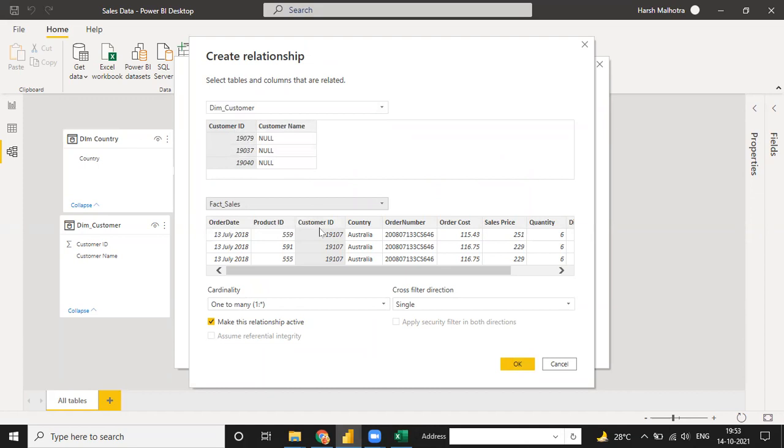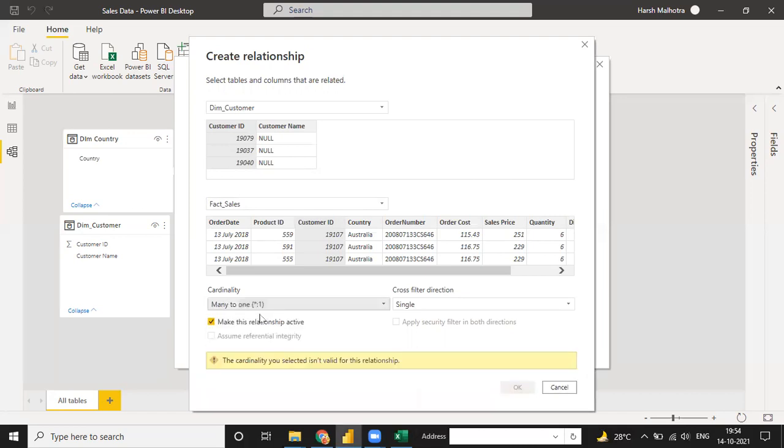Customer ID to customer ID means in this customer ID we have a unique value, one each, and in this customer ID we have a lot of rows where one unique ID is mentioned multiple times. So we have a one to many relationship, and there are four types of relationship: many to one, one to many, and so on. Power BI automatically selects the relationship for you, one to many. But if Power BI selects the wrong relationship, you have to check.